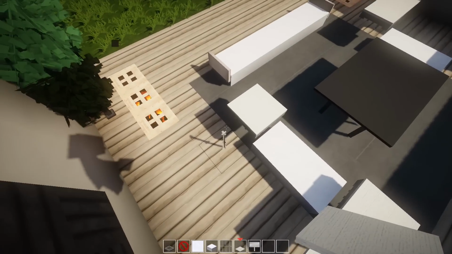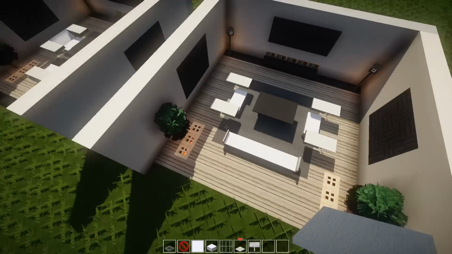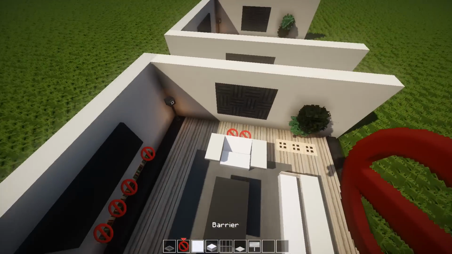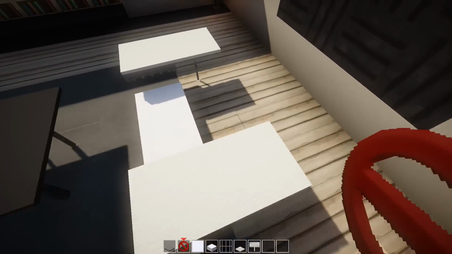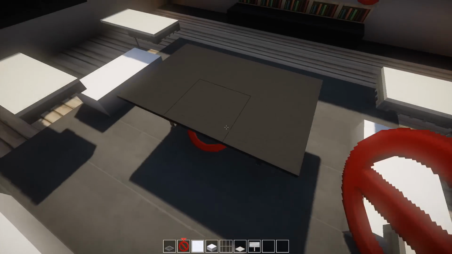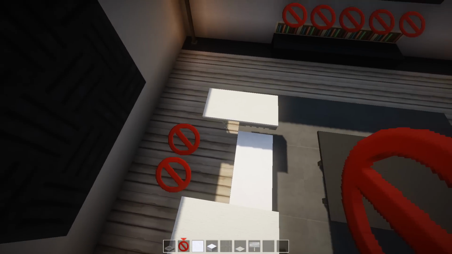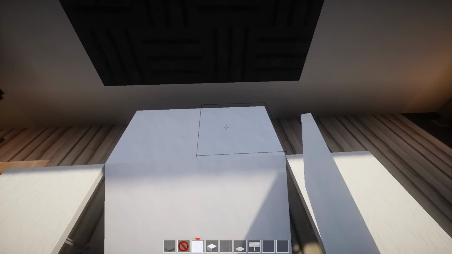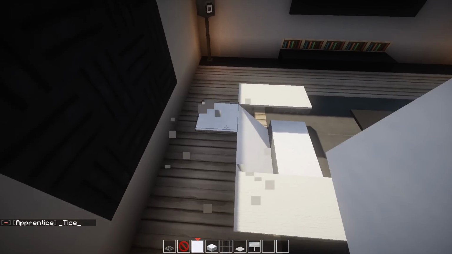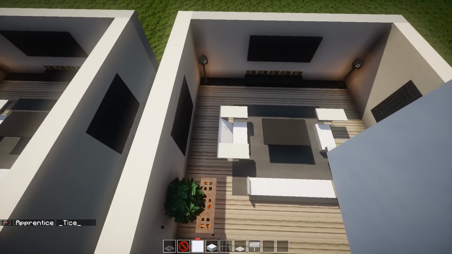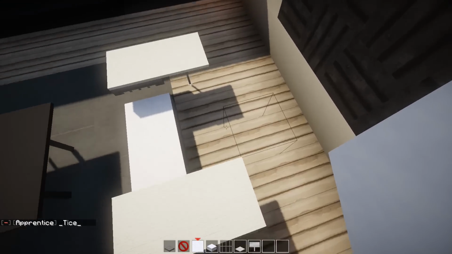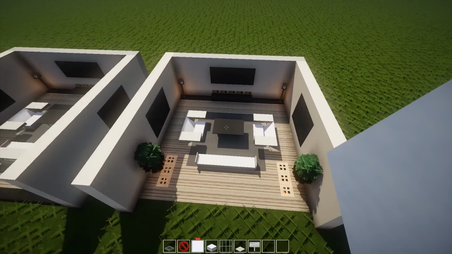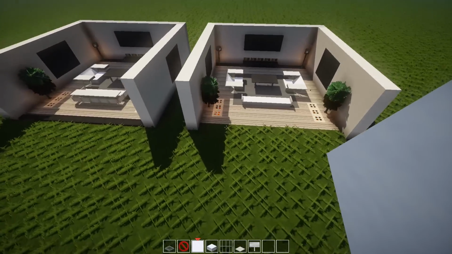This is actually probably the coolest modern looking sofa design I've ever seen. And it was a collaboration between me and Shiv, using one of his old designs that he made and just kind of jazzing it up a little bit and making it look a little bit cooler. So we're going to do that there, and then what you're going to want to do is put down 2 of the snow rails, just connect them up like that, and then simply chop off the back but leave the barriers right there, as you guys can see. And that's how that works. Actually such a cool little sick design.